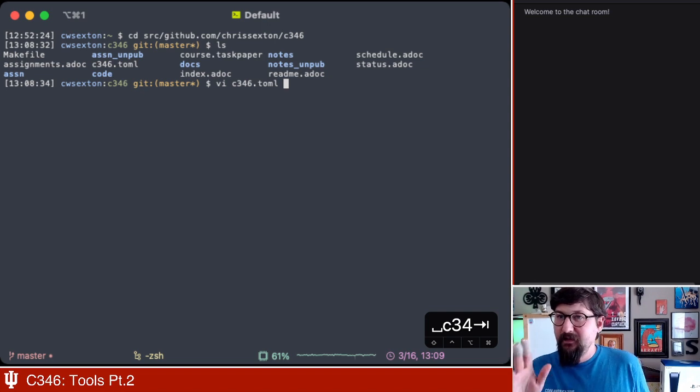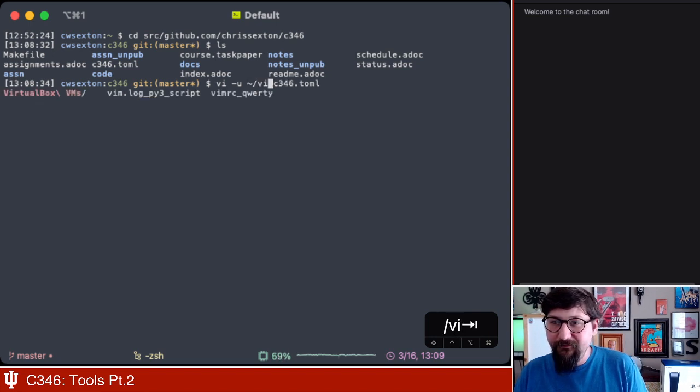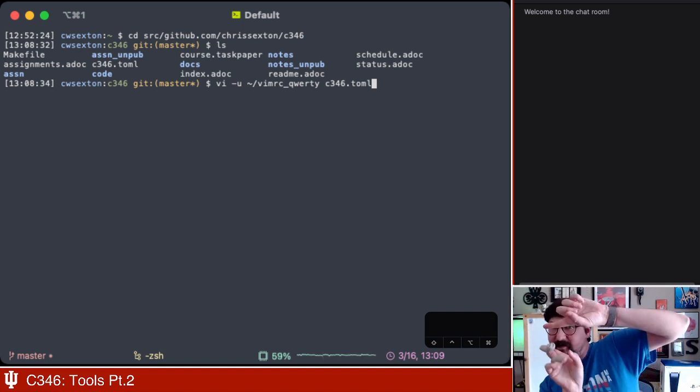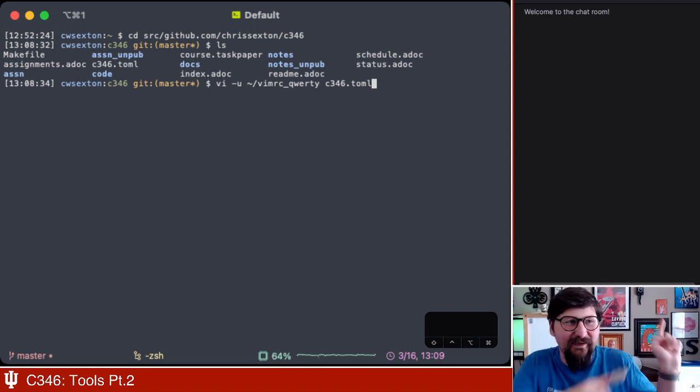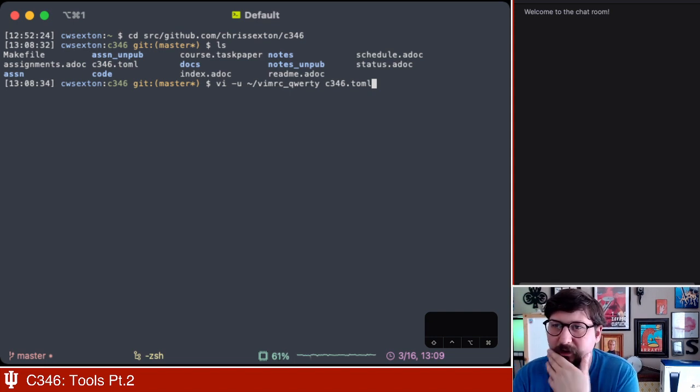That said, I'm not going to do that because I use this Dvorak keyboard thing that I talked about last time, and I want to make sure that I'm going to use a special configuration file so that the keystrokes that you see in the bottom right here, I got to get used to that opposite thing, are going to match what you might type on a normal Vim installation that's not my souped up version. All right? This is still my souped up vimrc, but